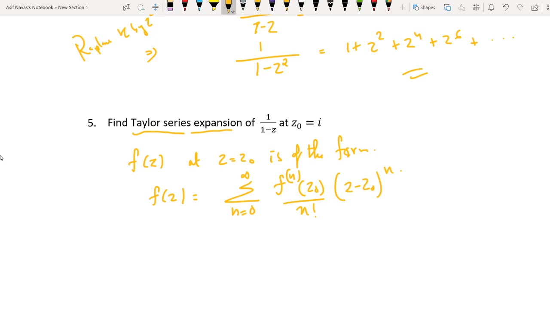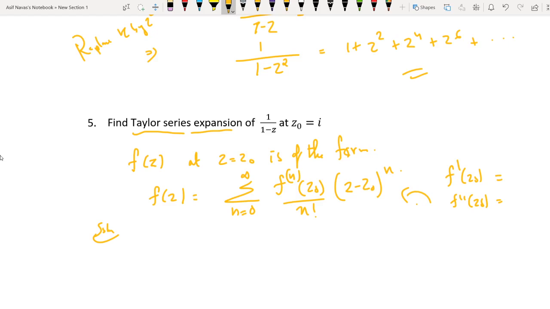And one way you can do is find f dash of z naught, f double dash of z naught, etc., and substitute in this formula. Or another way, we will use the Maclaurin series expansion of 1 by 1 minus z or 1 by 1 plus z to find the series expansion of 1 by 1 minus z